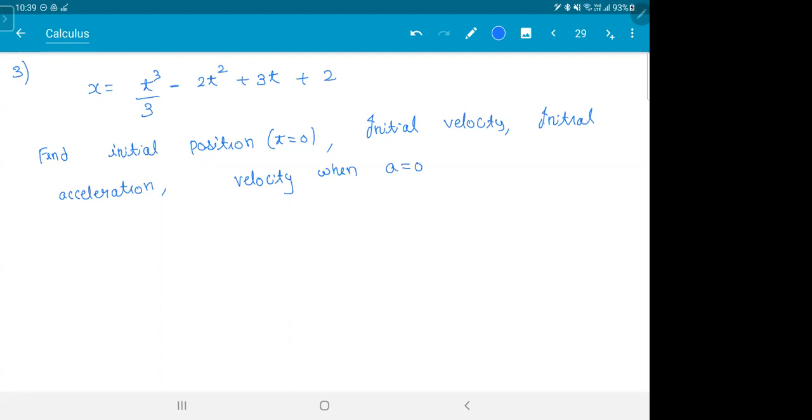Now they'll start playing around like this. So indirectly, first you have to find v and a, meaning you have to differentiate two times first of all. Whenever you hear the word initial velocity, initial meaning time is 0. That is the meaning. Remember that. The word initial implies time is 0. So they won't tell you t is 0 every time. They'll just say find the initial velocity. Then you should know that t is 0. Get it? Four questions: initial position, initial velocity, initial acceleration, velocity when a is 0. The fourth question is the actual one.